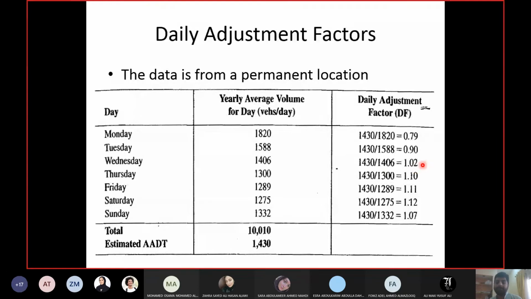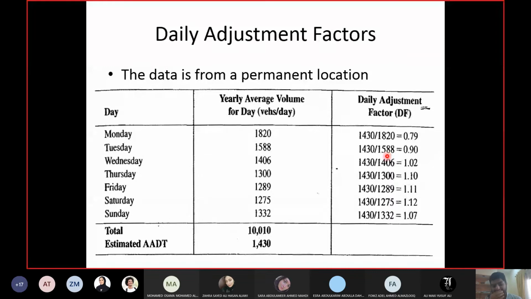So the point here is when the adjustment factor is lower, what does it say about the traffic? The traffic is higher. When the adjustment factor was lower, the traffic was higher than the average. So the relationship between the traffic of the day and the adjustment factor of that same day is inversely proportional, right? When traffic increases, adjustment factor decreases. You can see it in the plot as well.